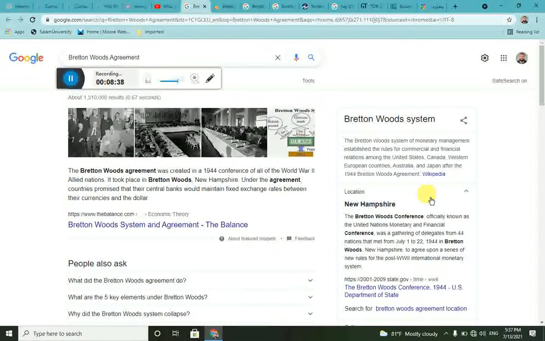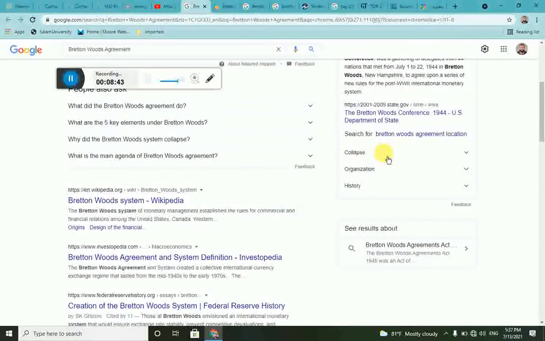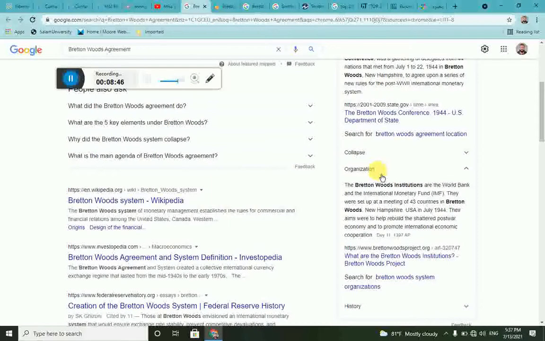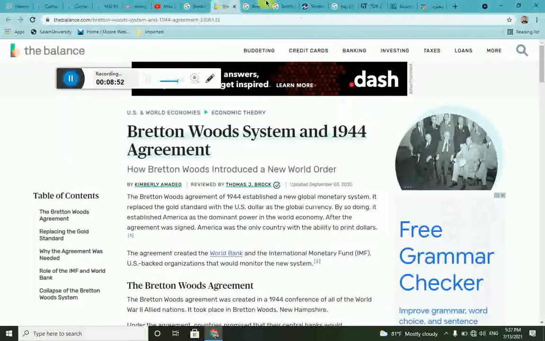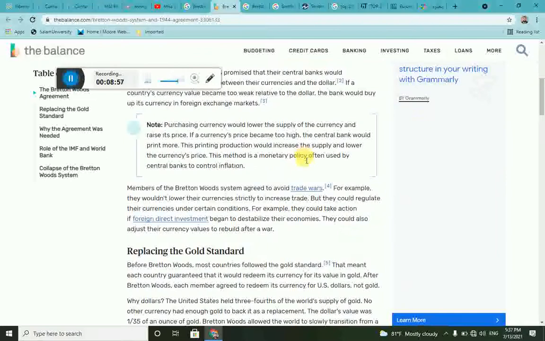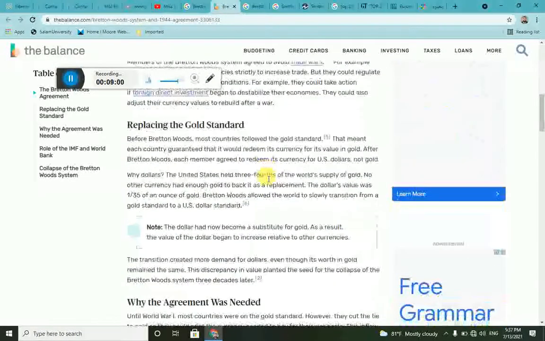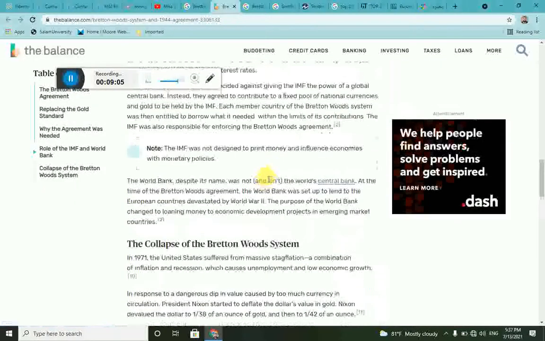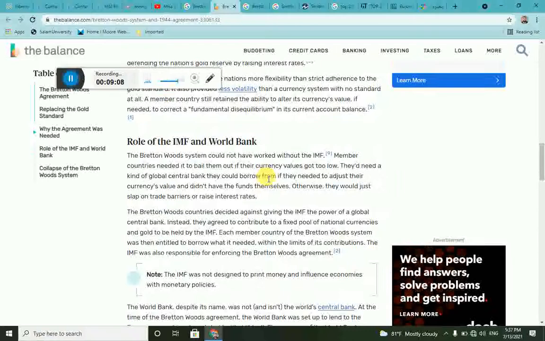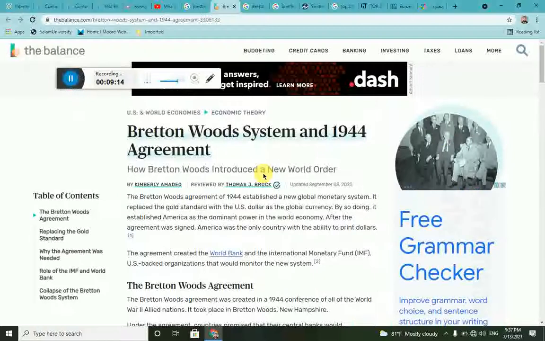This agreement was held in Hampshire, and the organizations which we call the Bretton Woods organizations. Bretton Woods organizations were basically the IMF and the World Bank, and if you see the history of the IMF and World Bank, it traces back to 1944. After World War II, basically these two organizations came into existence, and the main purpose of bringing these